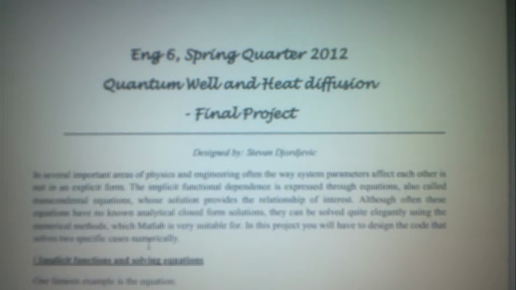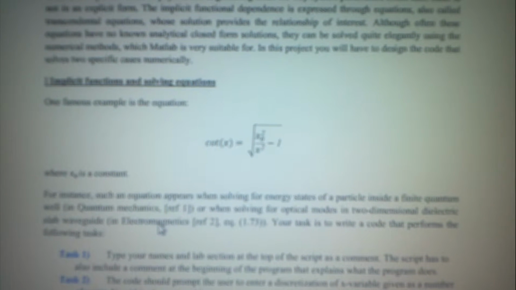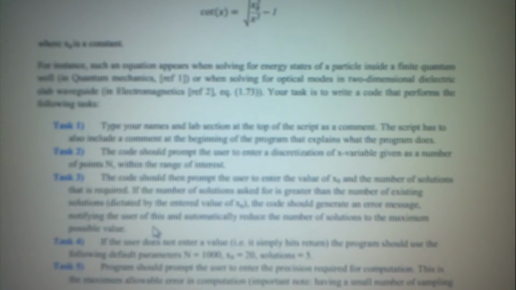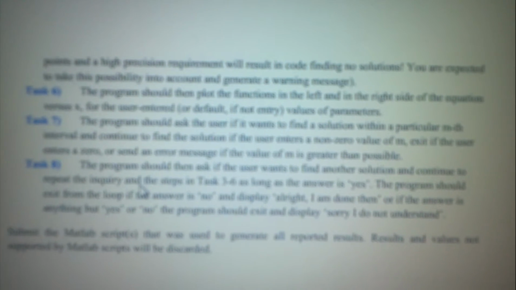We're working on the quantum melt and heat diffusion final project. This project is about implicit functions and solving equations. So here are the tasks that it asks us to do. Tasks 1 all the way through 8. And if I close this and go to MATLAB real quick,